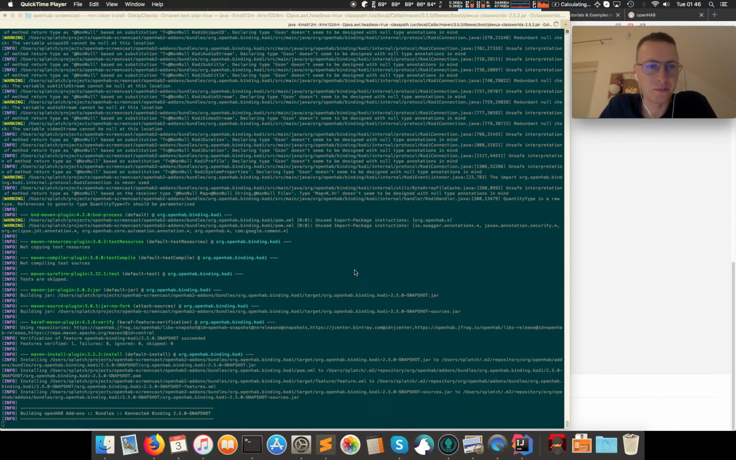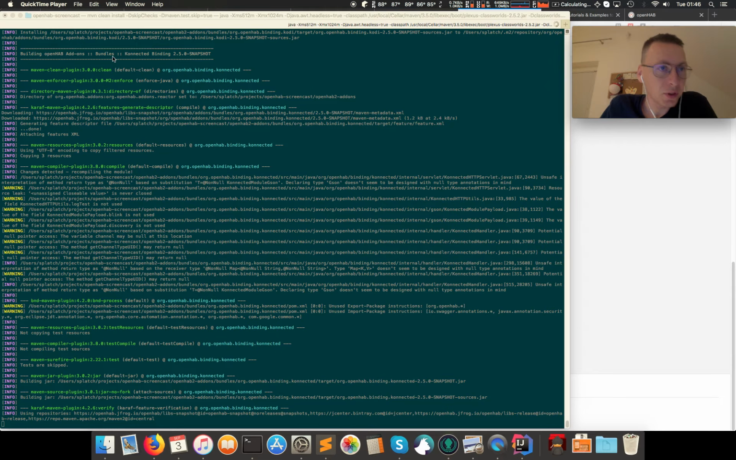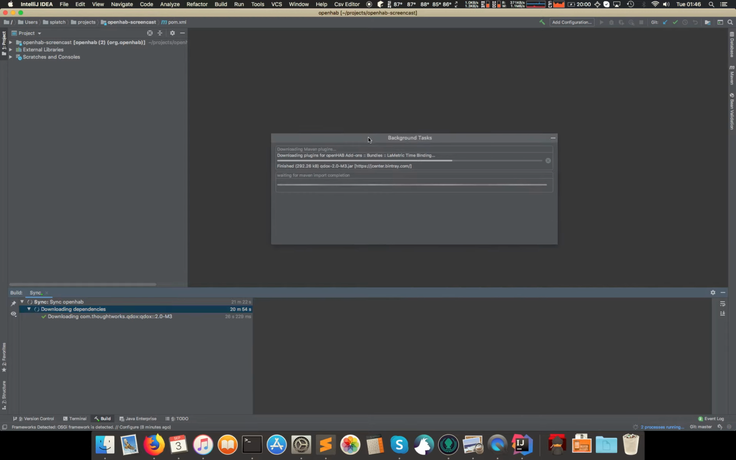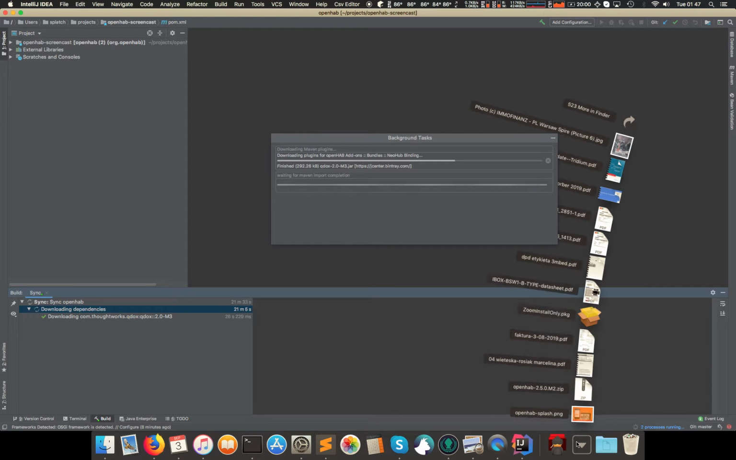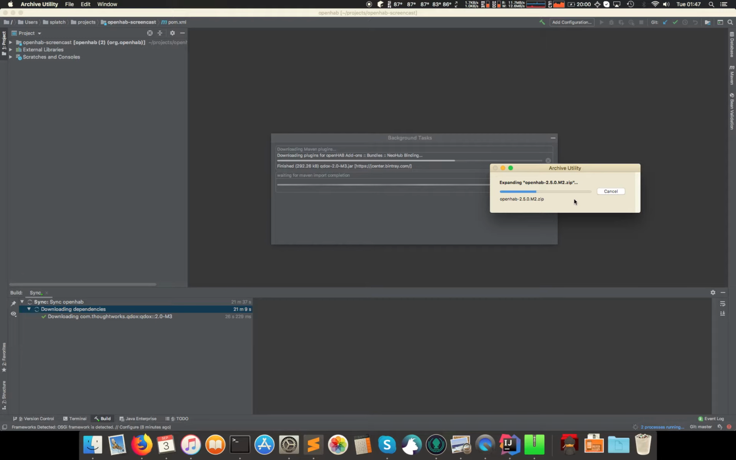of openHAB is still executing. At this point it is building openHAB add-ons, and here in IntelliJ you can see that it is already 20 minutes since I started importing the project, and there are several minutes left. So let this process continue, and now I will show you what was the point of downloading the openHAB milestone